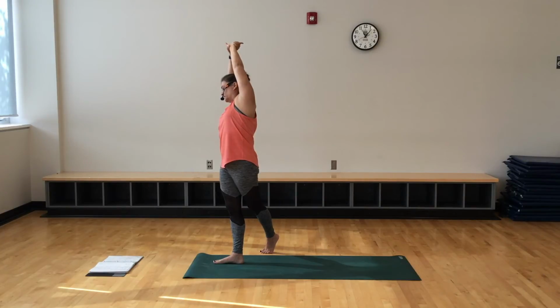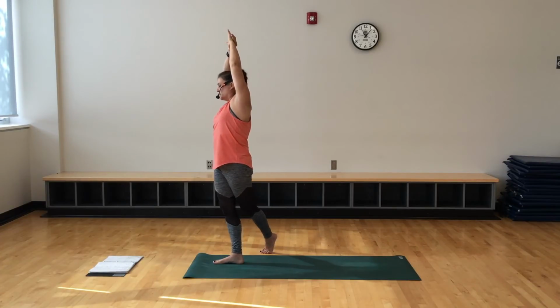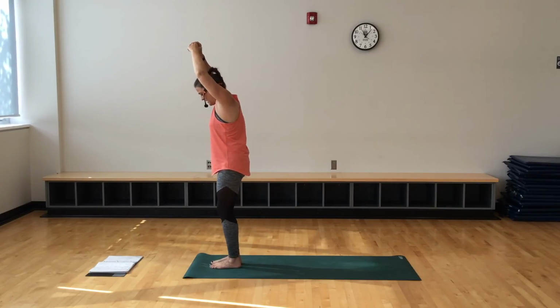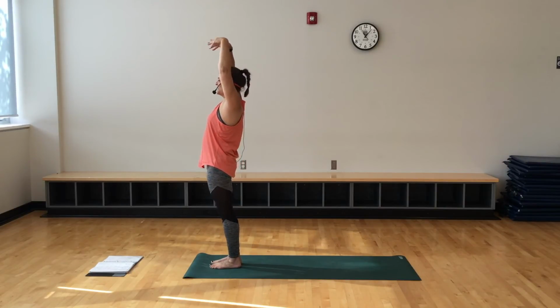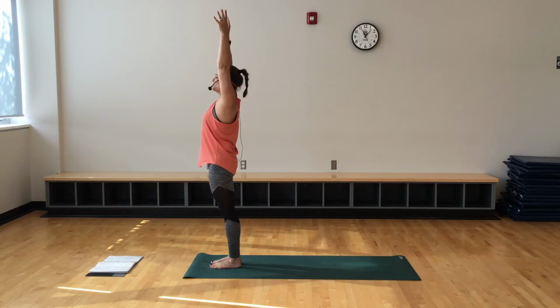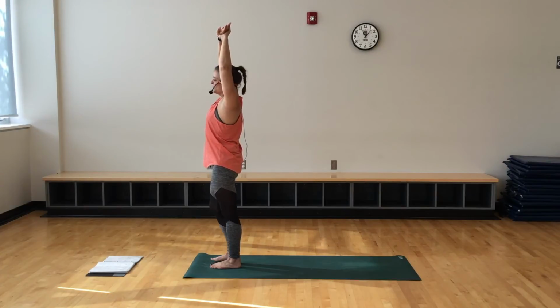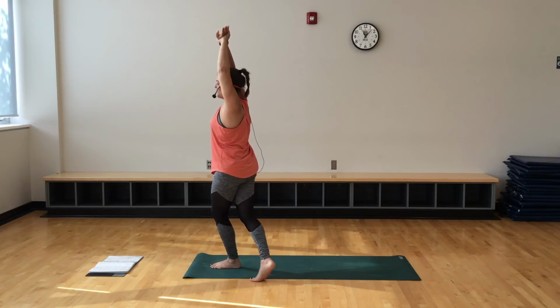Stretching it out, breathing deep, inhale in, and on an exhale, we'll come back through center, bringing those left toes back around to their place. We'll reach the fingertips up towards the heavens on an inhale, and exhale, we'll grab the right wrist with the left hand, swim the right toes around behind us,